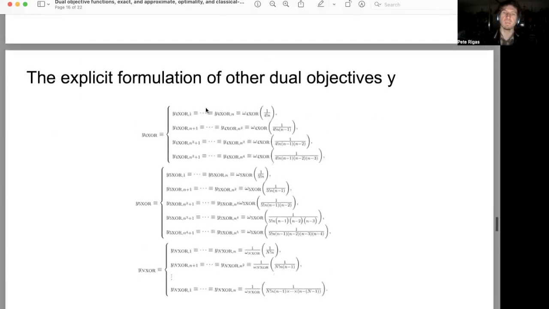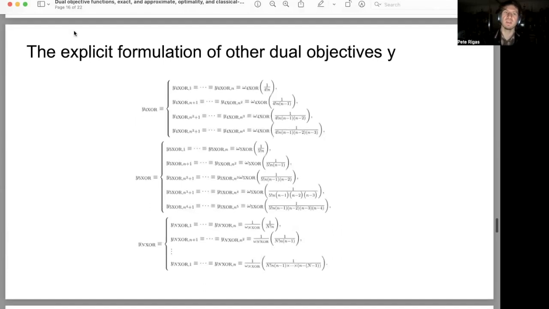And so again, this is just to say that obviously the explicit formulation of the dual objectives for the 3XOR game can straightforwardly be used to obtain other information about entanglement and related aspects of quantum information, which are used in the types of computations for positive semi-definiteness, and how that relates to the formulation of the dual semi-definite program. Because again, for the 4XOR game, the 5XOR game, and the NXOR game, which I provided for the